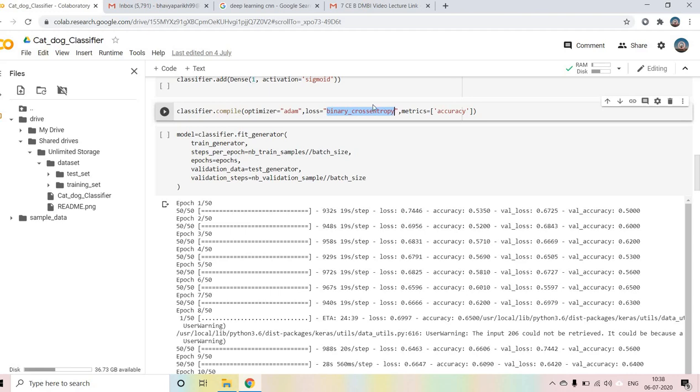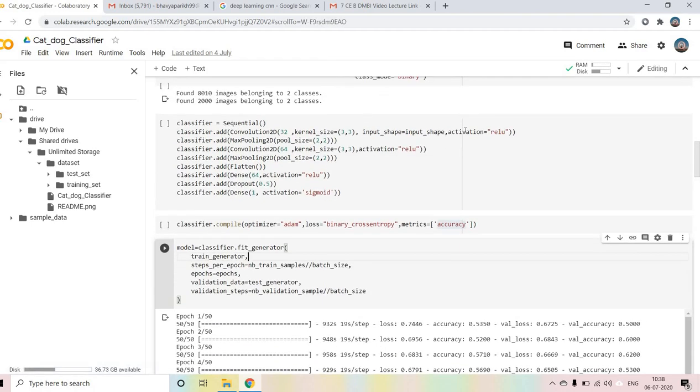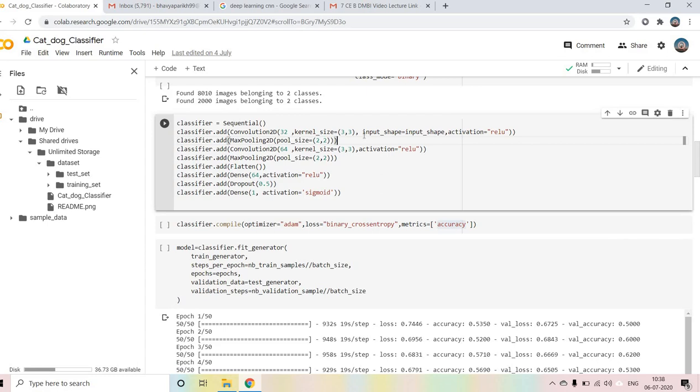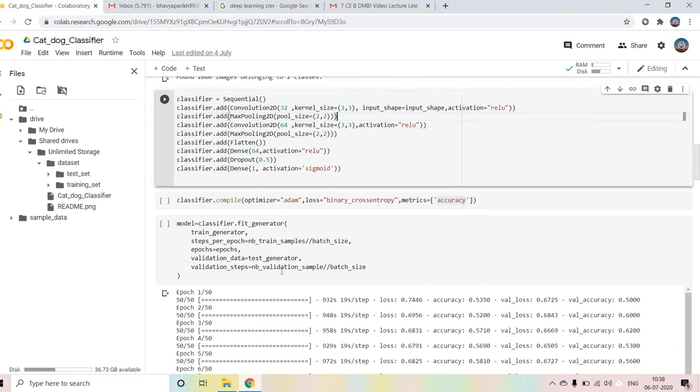If you don't get these things, I will create a sample to explain what binary cross entropy is. It's nothing but differentiating; it is used for differentiating and accuracy. Here we have used two convolution neural network layers. Mainly, two convolution layers can give you very good results, I have to say.